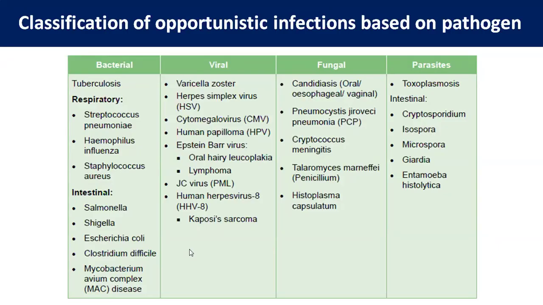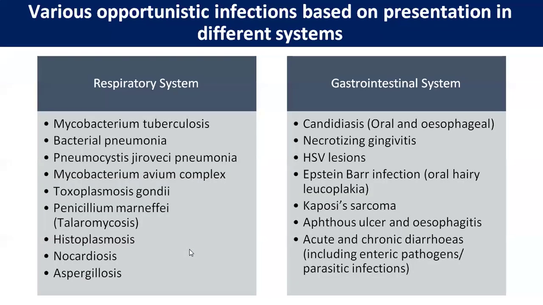So various opportunistic infections based on the presentation in different systems. If it is respiratory system, then tuberculosis, we are looking at Mycobacterium tuberculosis, bacterial pneumonia, PCP pneumonia, Mycobacterium avium complex, Toxoplasma gondii, Penicillium marneffei, histoplasmosis. GI system: candidiasis, necrotizing gingivitis, HSV lesions, Epstein-Barr infection, Kaposi sarcoma, aphthous ulcers, and esophagitis. And oral candidiasis, as I mentioned, which is a very characteristic feature of